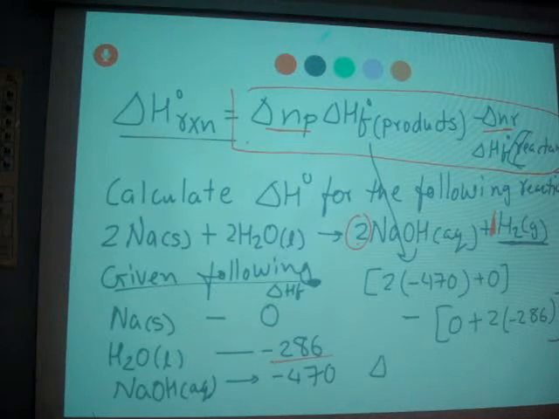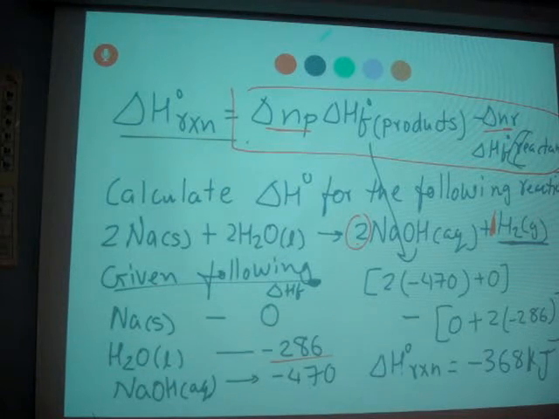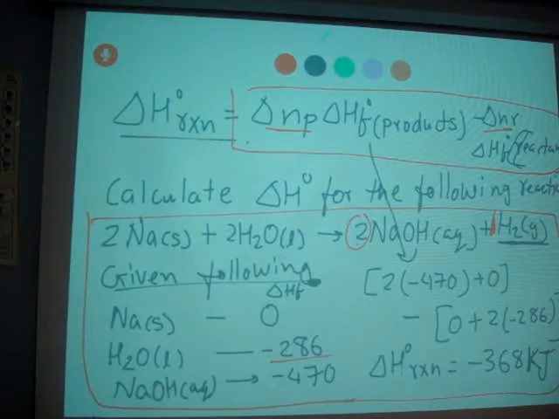So when you calculate delta H for this reaction, you get negative 368 kilojoules. So you calculate delta H of this reaction using standard enthalpy of formation, products minus reactants. And remember, whatever the number of moles, you multiply